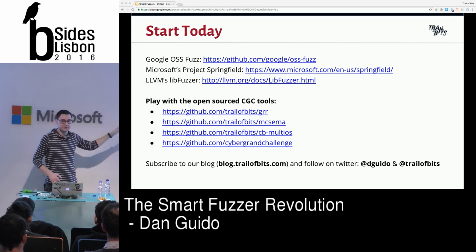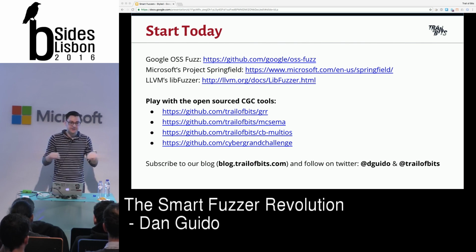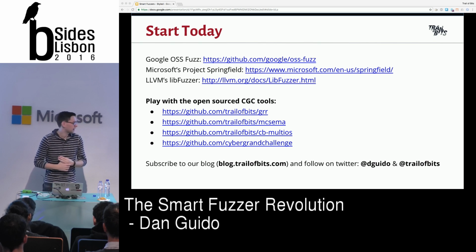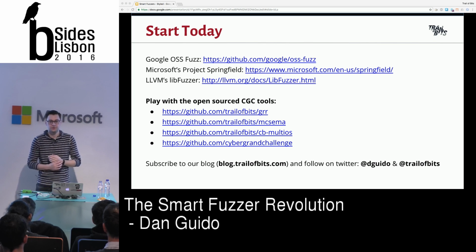AFL works great. It's very easy to use, and it's got that really nice ASCII art status window. But libFuzzer is really a workhorse that doesn't get enough credit. For most developers, libFuzzer is actually the right decision. There are a couple of guides for how to implement that in your own code base,